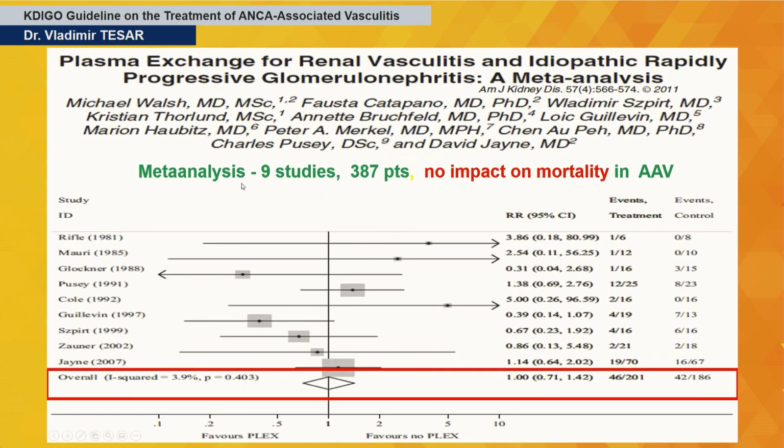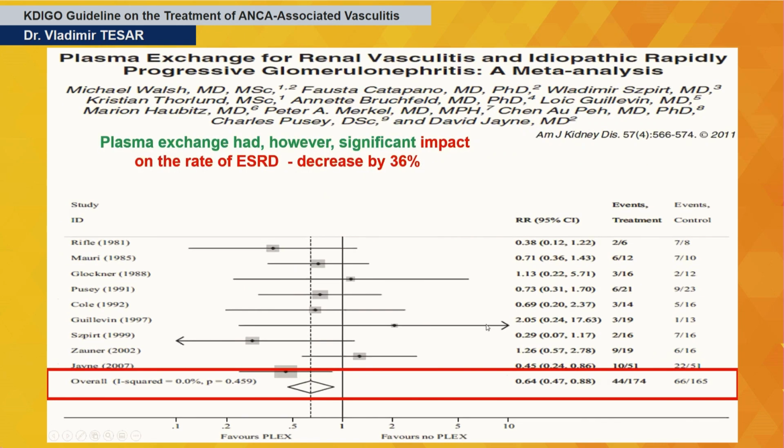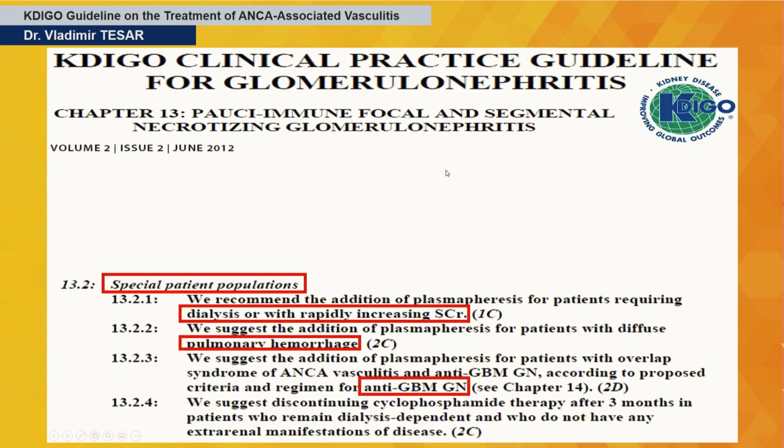But there were then different meta-analyses showing that there is no impact of plasma exchange on mortality, but there is an impact on the rate of ESRD, at least temporarily. And this was the reason why the recommendations from 2012 were that we recommend the addition of plasmapheresis in patients requiring dialysis or in patients with rapidly increasing serum creatinine. Then plasma exchange was recommended for patients with pulmonary hemorrhage and also for the patients with concomitant positivity of